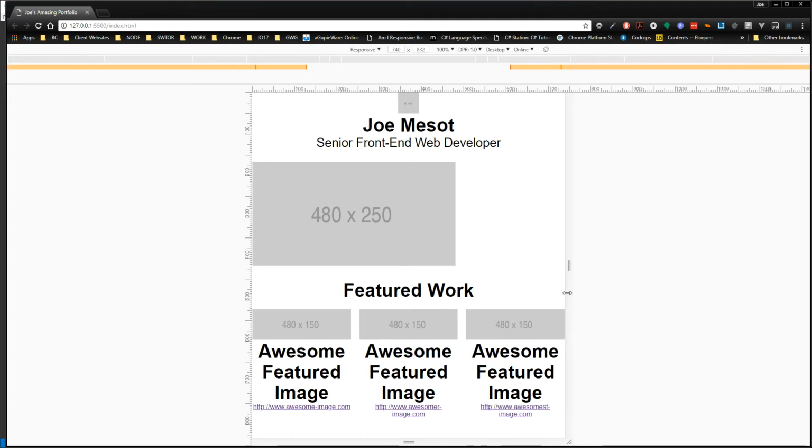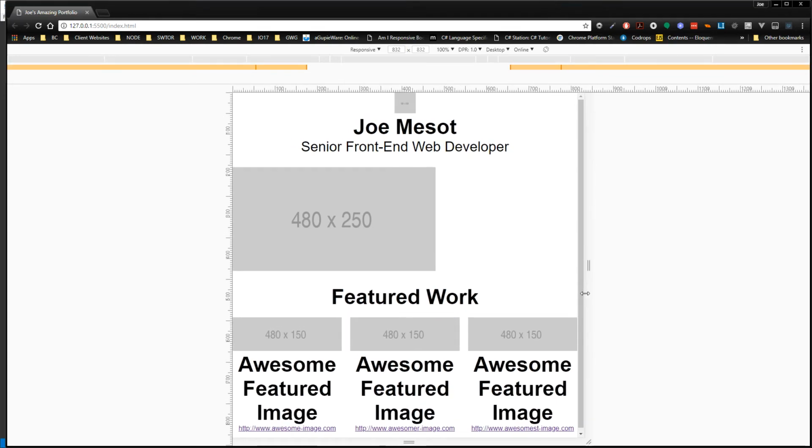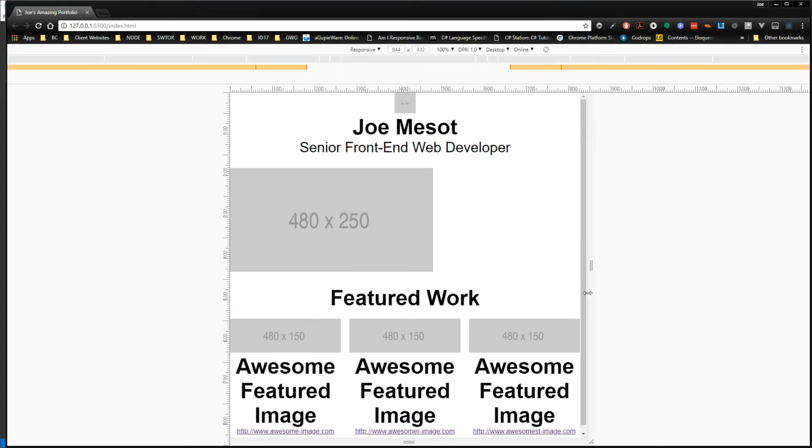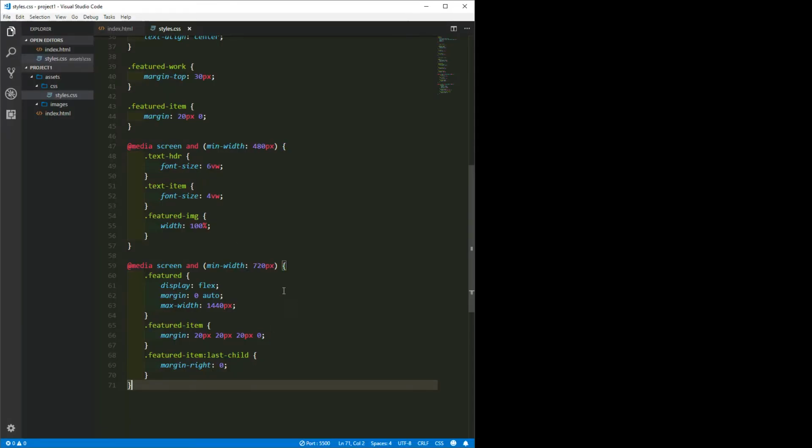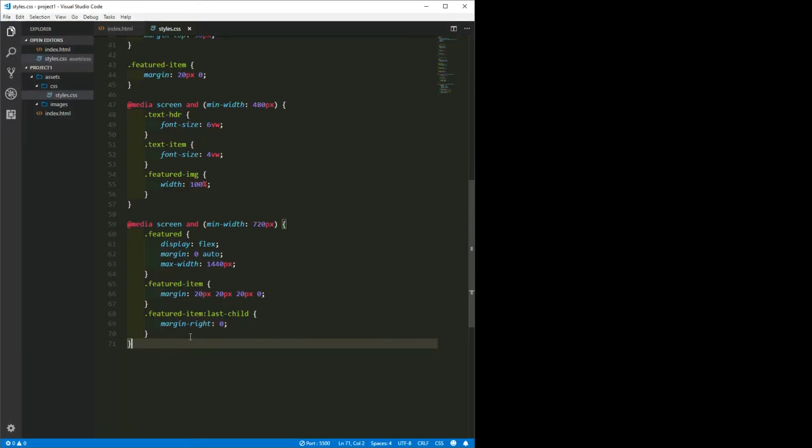So maybe, is that still too big, you think? 830? Yeah, it looks good to me. I'm going to minimize this now. It's getting too large. So if I do add media, screen,